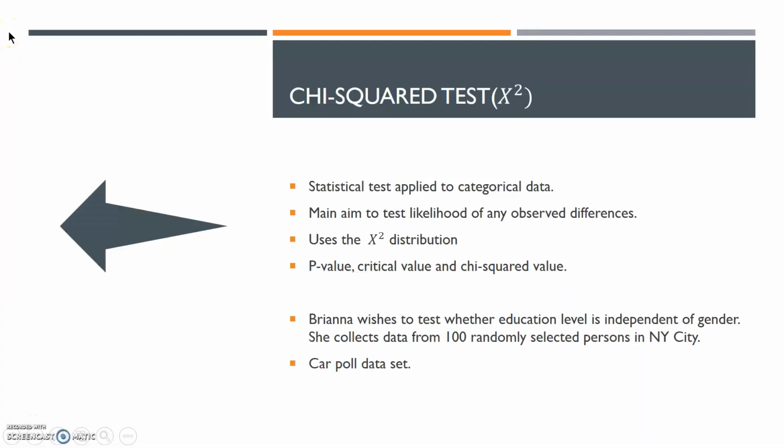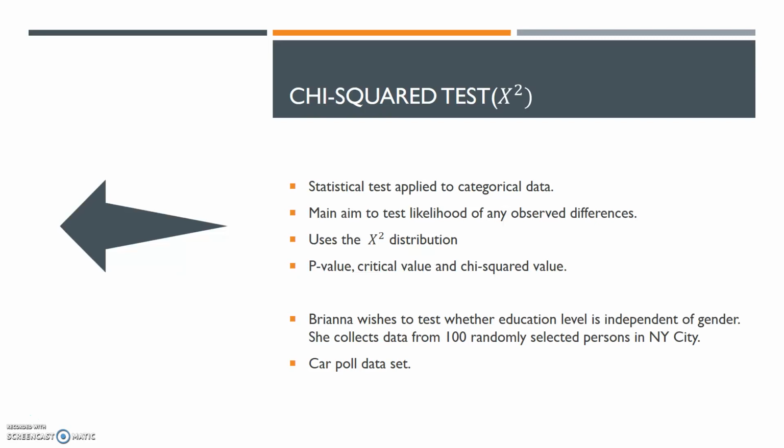Alright, so up next we have the chi-squared test. And this is a statistical test applied to categorical data. And again, categorical data is usually pertaining to things like race, gender, educational level, etc. And the main aim is usually to test likelihood of any observed difference against the expected. It uses the chi-square distribution in its calculations, and then significance is usually determined using p-values, critical values, and chi-squared